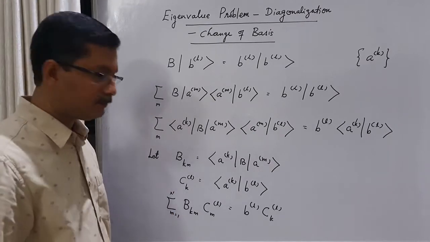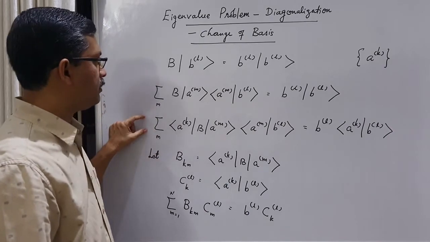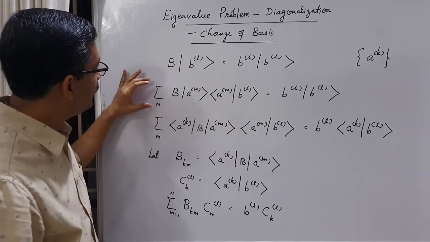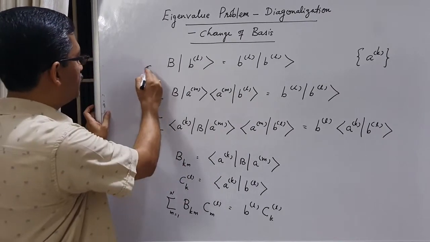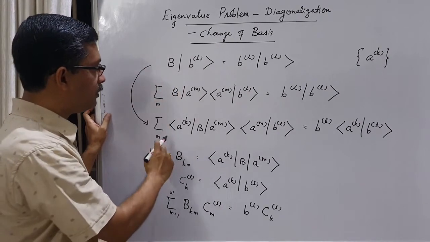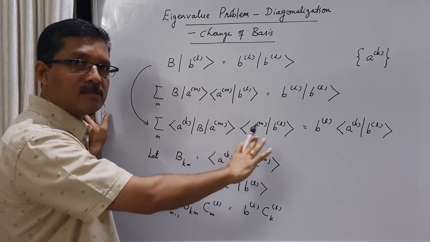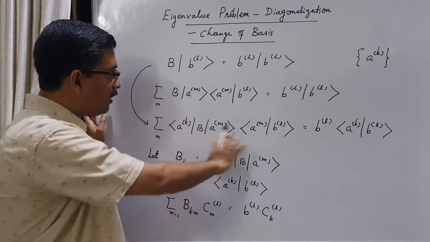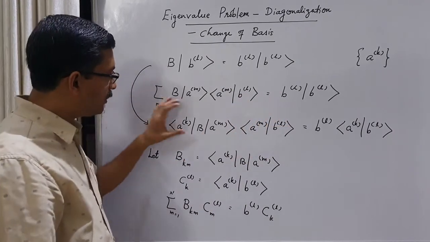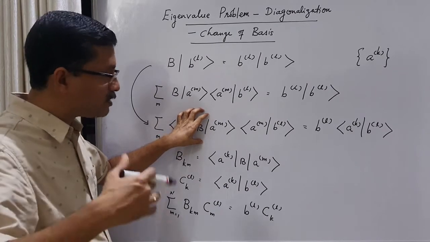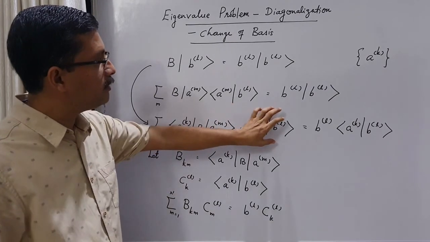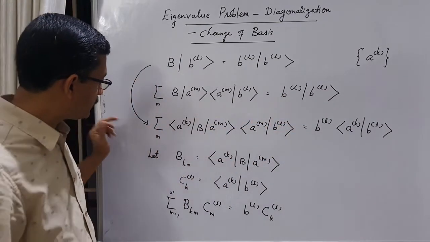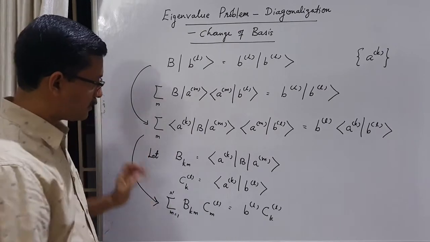It's an n-dimensional space. So let's see how we are proceeding. This is the eigenvalue equation of B. From here to here, we have expressed the eigenvalue equation of B in terms of the components in the old basis AK, because we know the matrix elements of B in the old basis. So we have expressed this using the matrix elements of B in the old basis, and the components of eigenkets of B in the old basis. And this we have expressed simply in a shorthand notation like this.